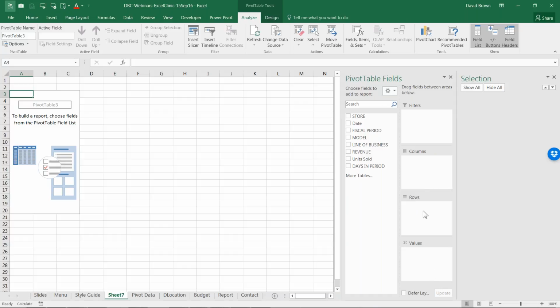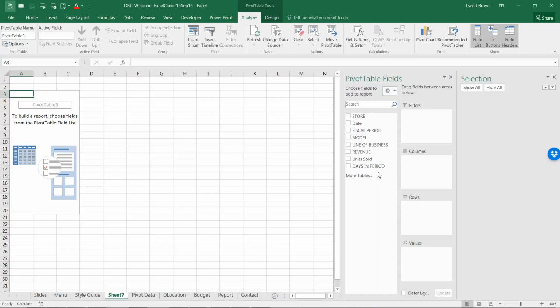Now, when you want to create a pivot table, I always advise you to write it on paper first. Write the kind of report you want to create on paper. How does it look on paper? What are the things on your rows? What are the things on your columns? What value are you analyzing?